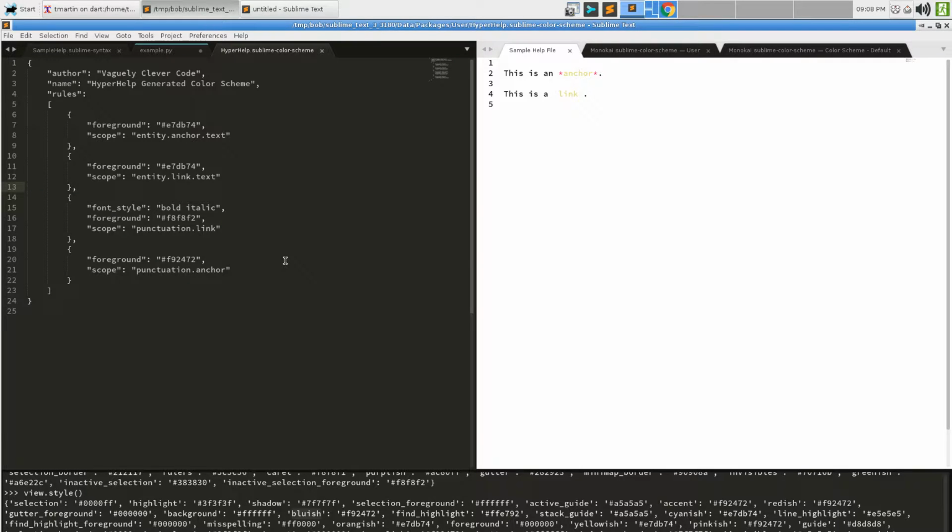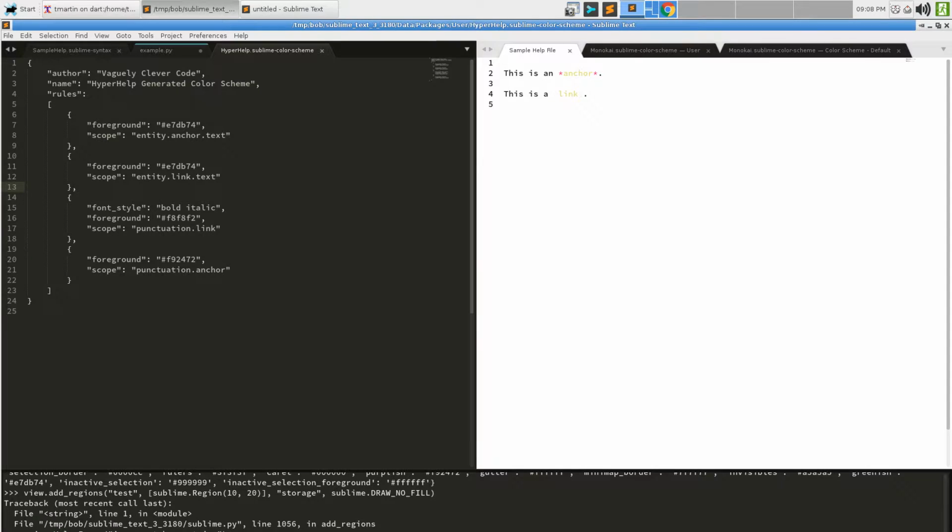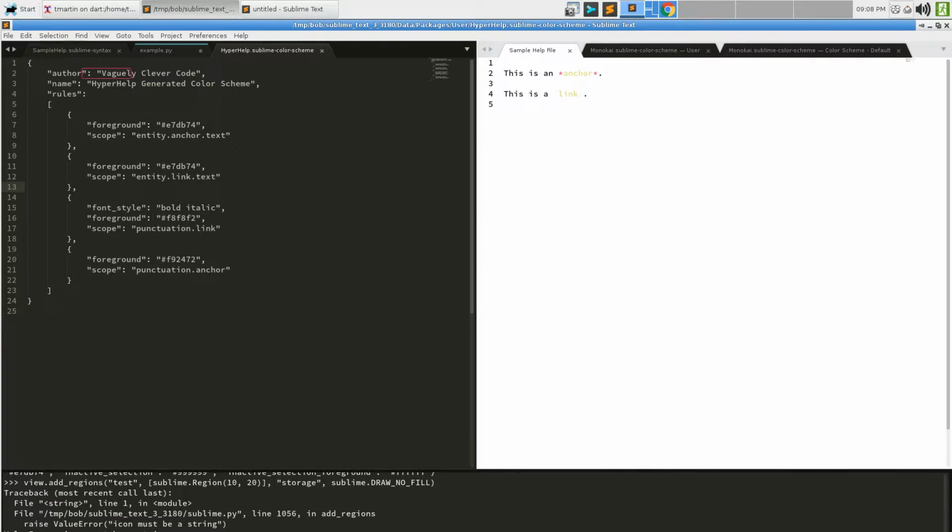And if I remember things correctly, we should see a red box appear around some text. Oh, sorry, no. Flags has to be that. There's other things like the icon it puts into the gutter if you care. So there's a box that's red, and the reason it's red is because the scope storage in Monokai is red.